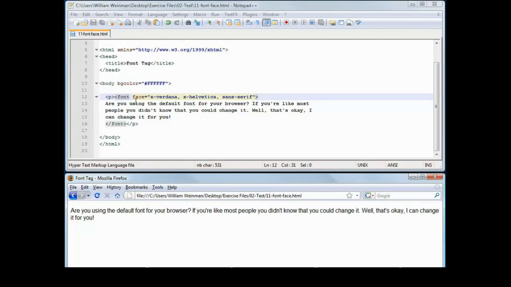So this is how the font face tag works. You can use it to specify the fonts that you want used to display your document. You can give it a list of fonts, and it's always a good idea to end the list with the default value for the type of a font that you want, so that if none of the ones you've specified are available, you'll at least get a serif font or a sans serif font, however it is that you want it to be in your document. And keep in mind that not everybody has their browser set up to default to a serif font. So if you really care about your document being displayed in a serif font, go ahead and specify it in a